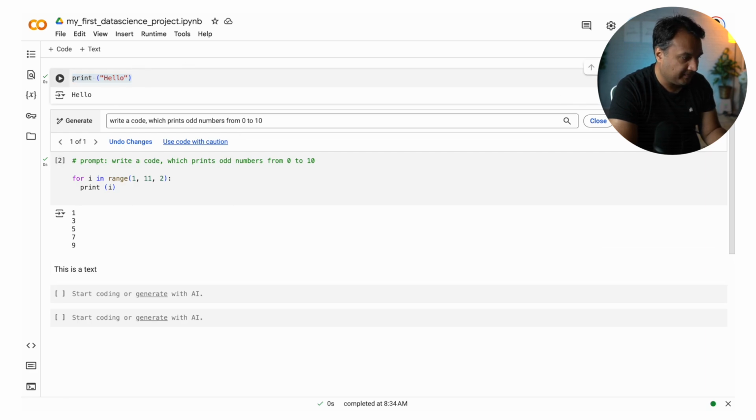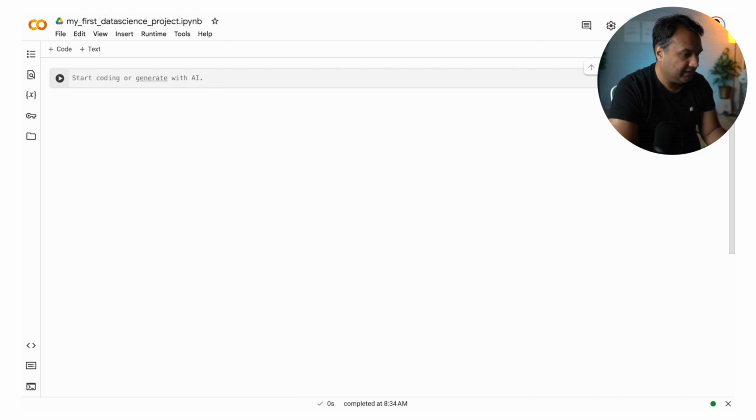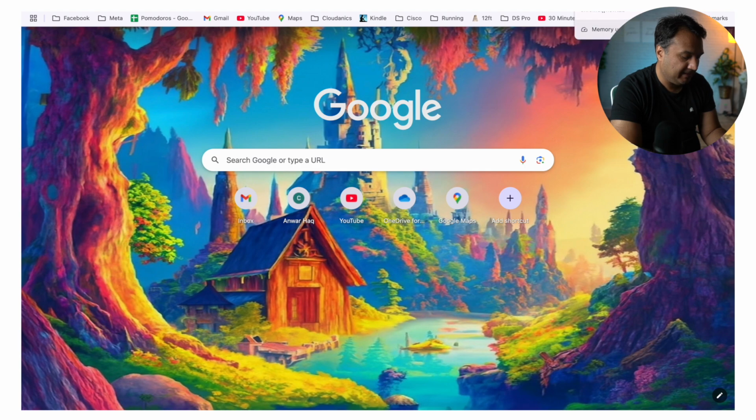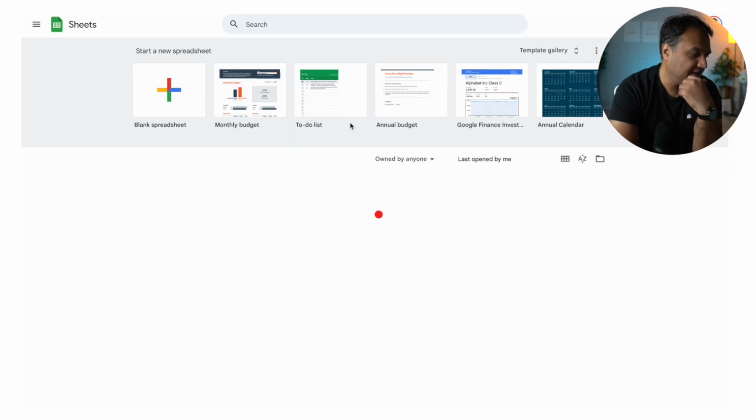Okay, so one thing I wanted to do when I'm trying to teach you this: let me clean this up. I'll delete all the text and code cells which we have created. Now we have a fresh start. This is my first data science project. One thing I wanted to do is show you how you would do it in Excel.